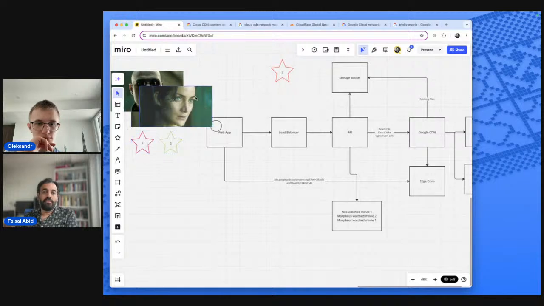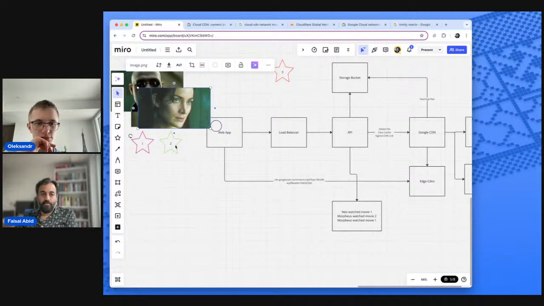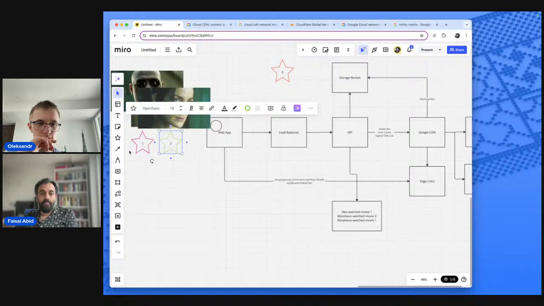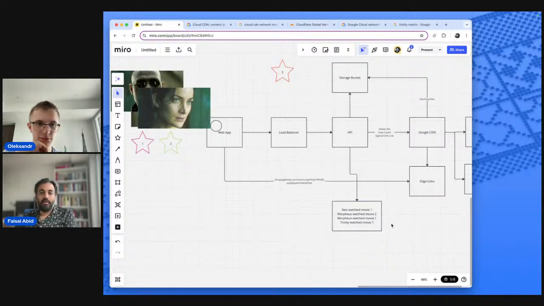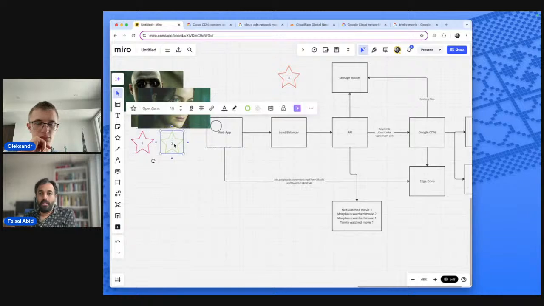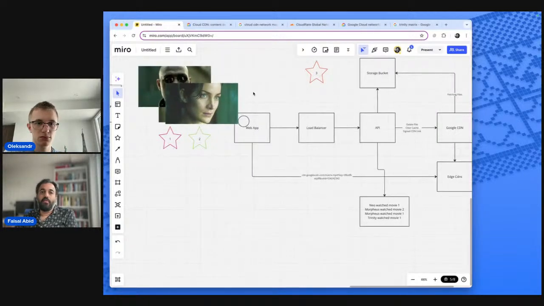Great. Now Trinity wants to watch another movie. Without any recommendations, Trinity will have an option to watch, because Trinity has watched one. I'm gonna put it down just so we keep track of this. And there's a method to why we're doing all this. Trinity can either just click on a movie and watch it at random, since she hasn't seen two or three, or get a recommendation. How are we going to recommend what movie to watch?